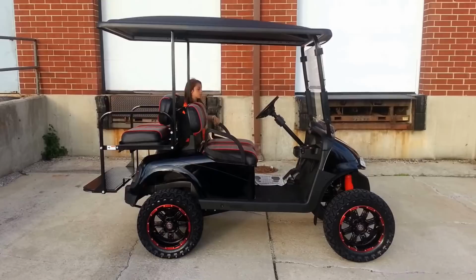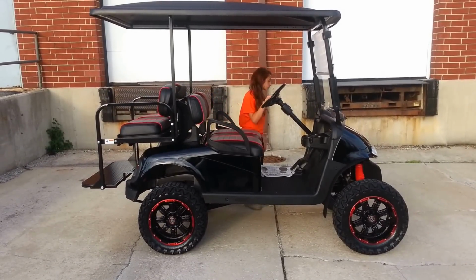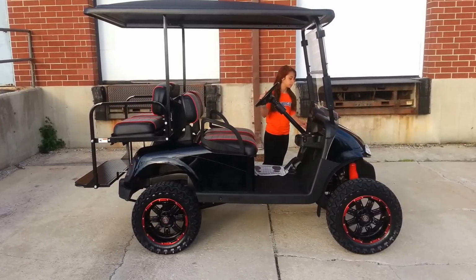Well, I think that's a pretty good overview. Again, this is a gas RXV. It is a 2011. And if you have any questions, once again, we're Cartmart Plus at